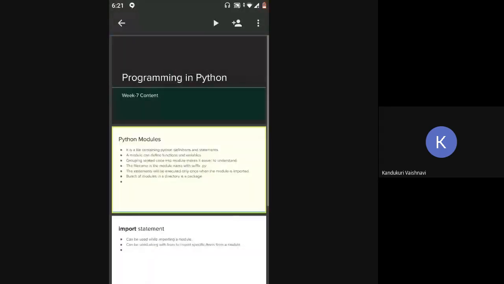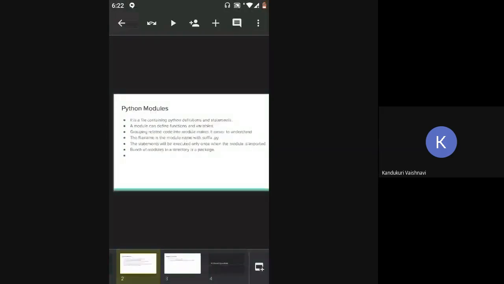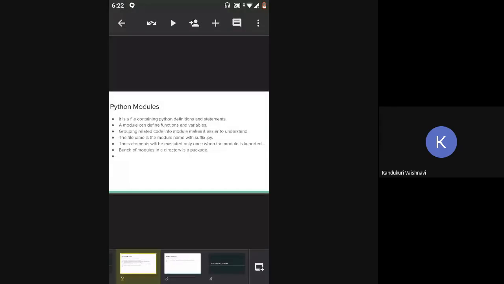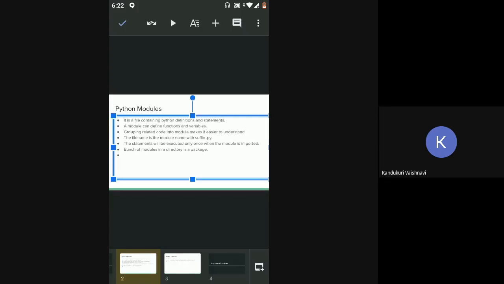Okay, we'll see Python modules first before going to the main function. So now that we know how to write functions, we have written functions and we have used the functions as well. But there can be cases wherein you have multiple usage of a function. Like if I say add function, if I write an add function, so that this add function might be used at multiple places.